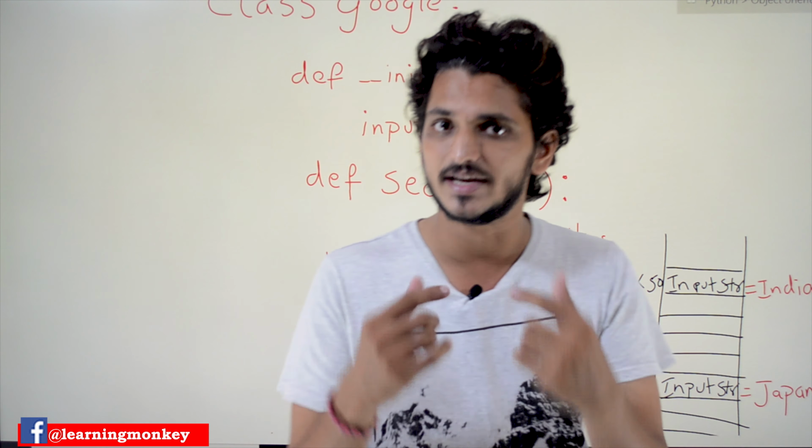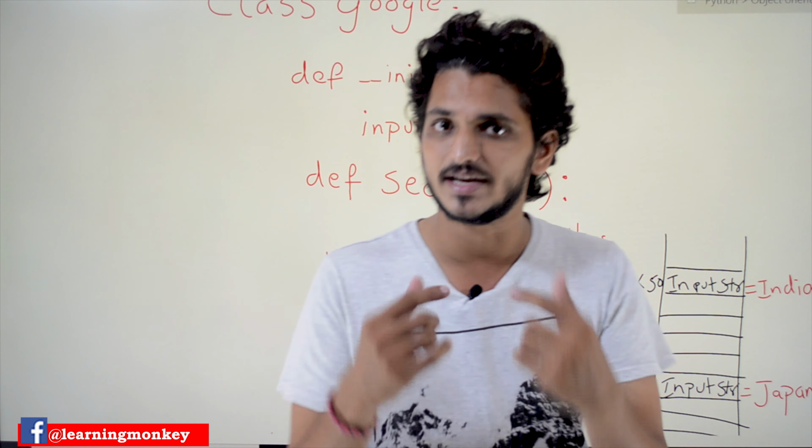Now let's check one more thing. We have defined one more object, y is equal to test of 80, means a separate space is created. So the space is given as the 80th memory location. So self is assigned with 80 and this instance variable is provided with the value 80. Don't get confused: this is the memory location, this is the value. Instavar is given the value 80. So two objects were defined.